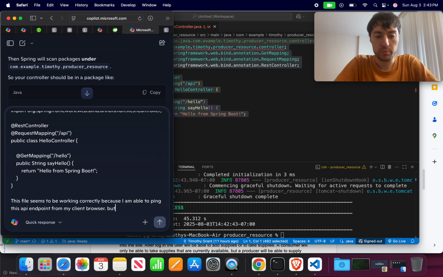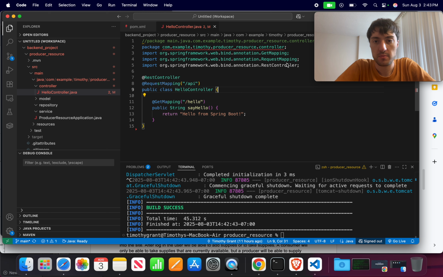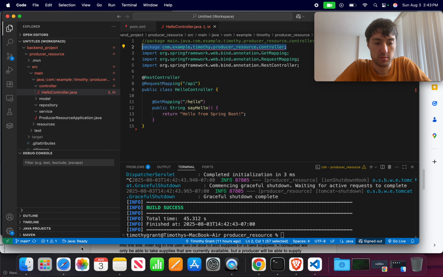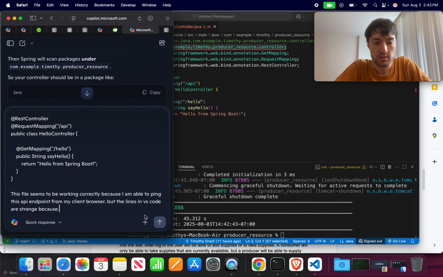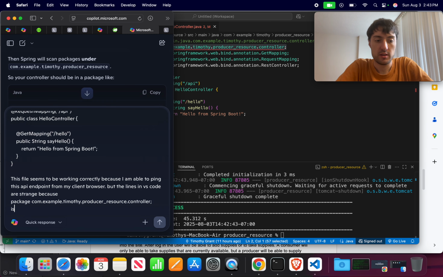Okay, but the lines in VS Code are strange because